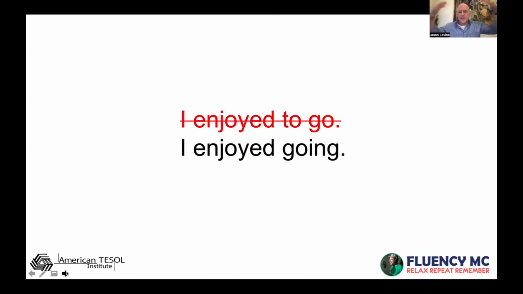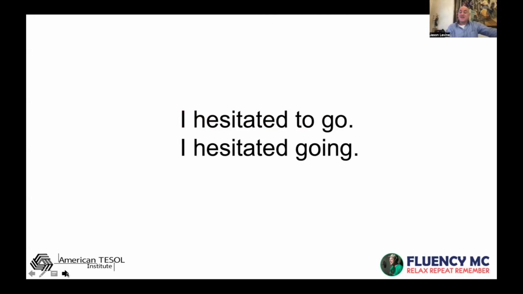Well, that's because you've heard it enough. It's not about studying a rule of infinitives and gerunds. But here, this would be harder. You'd probably need to be B2 or C1 to be 100% sure. And why? Not because it's more difficult, but because the chunk that is correct, which is, "I hesitated to do something," is less frequent. So you need to see it and hear it more often.